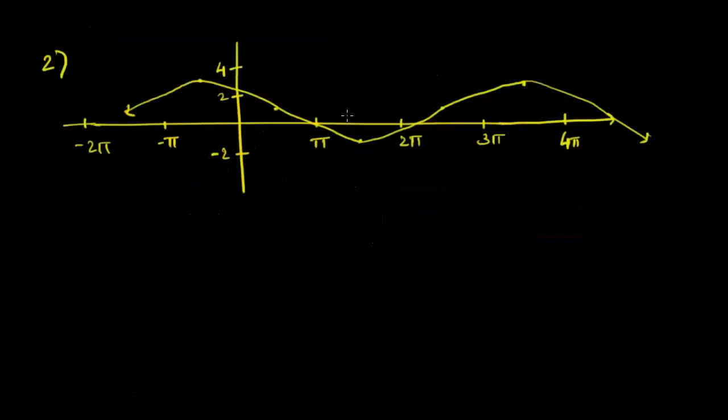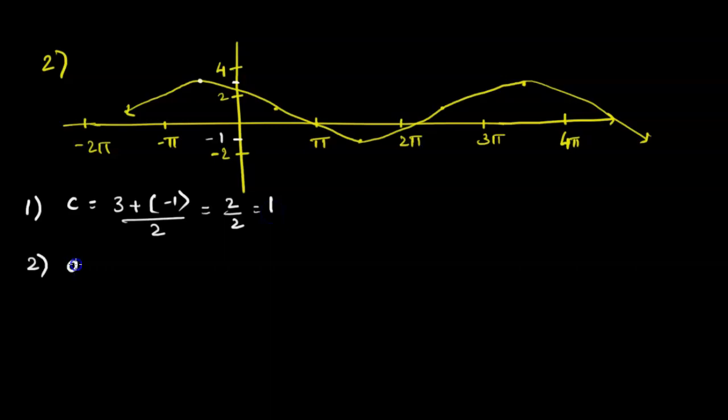Now let's say we have to write down a sine and cosine equation for this graph. Step 1 is to find the c value. C is max plus min divided by 2. Max is at 3. Min we notice is at negative 1. So 3 plus negative 1 divided by 2 is equal to 2 over 2, which is 1. Second is to find out the a value, that is max minus min divided by 2. Max is 3 minus min, divided by 2, and this would give us 3 plus 1, 4 by 2,